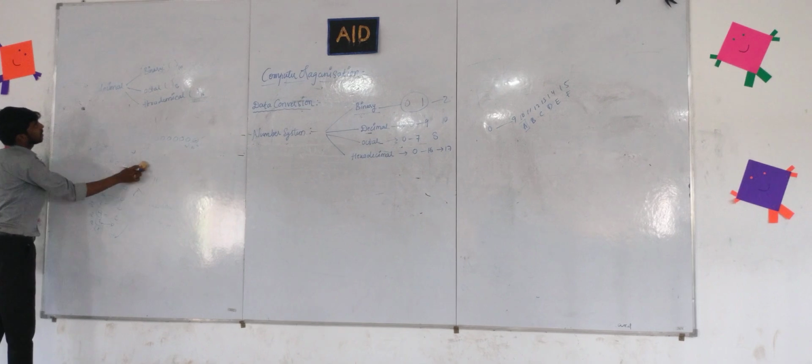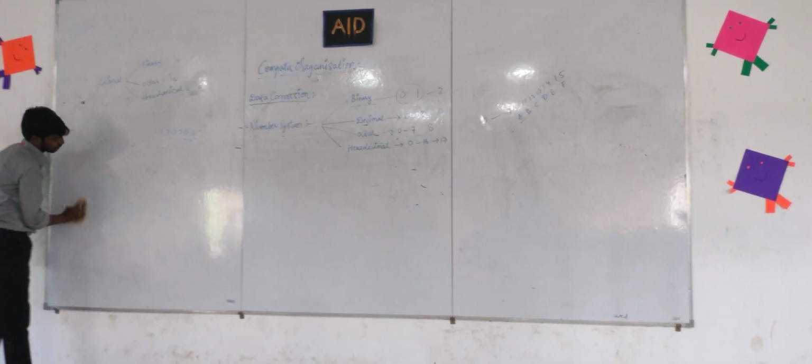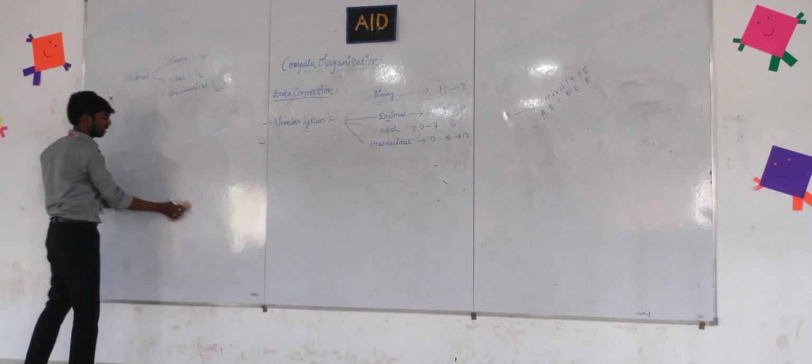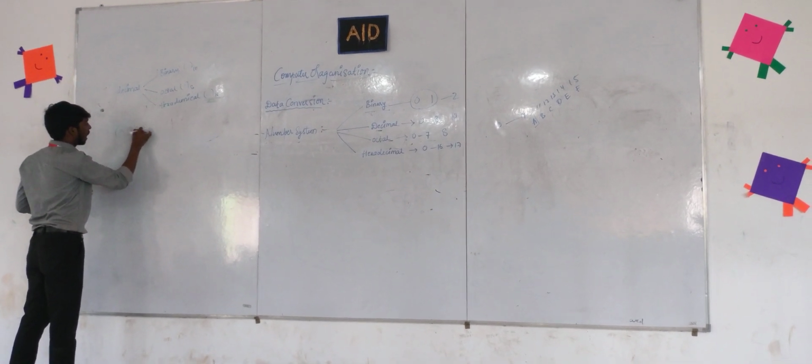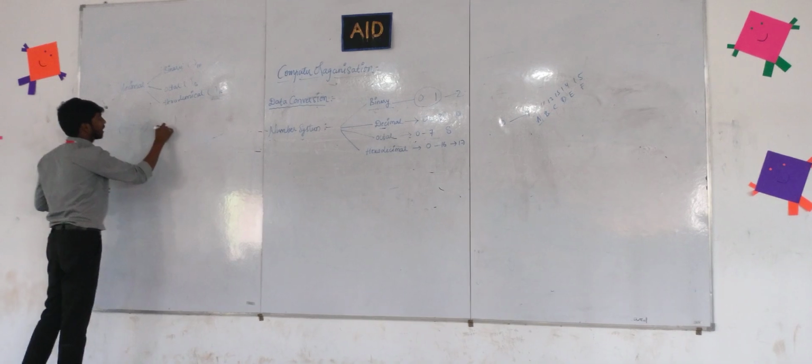And now let us see conversion of decimal to octal. Let us take the same value 256 and now divide like